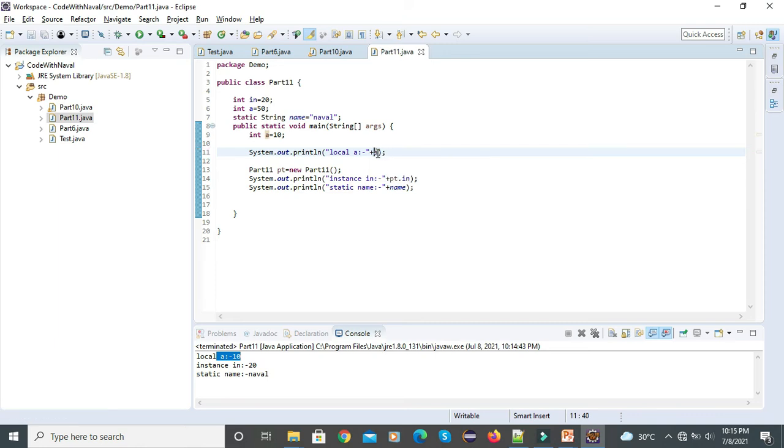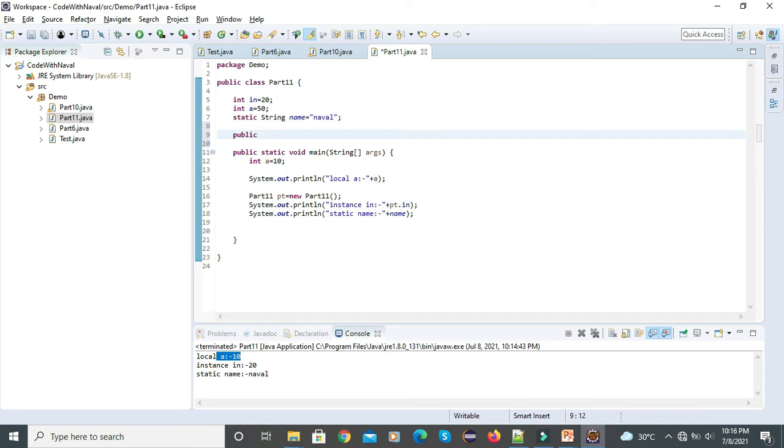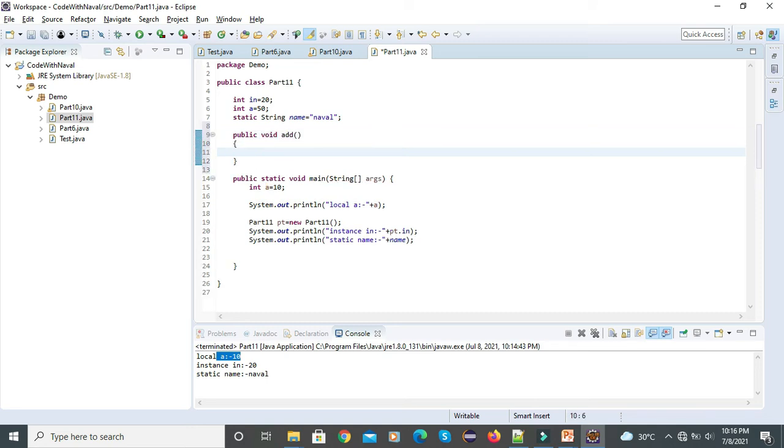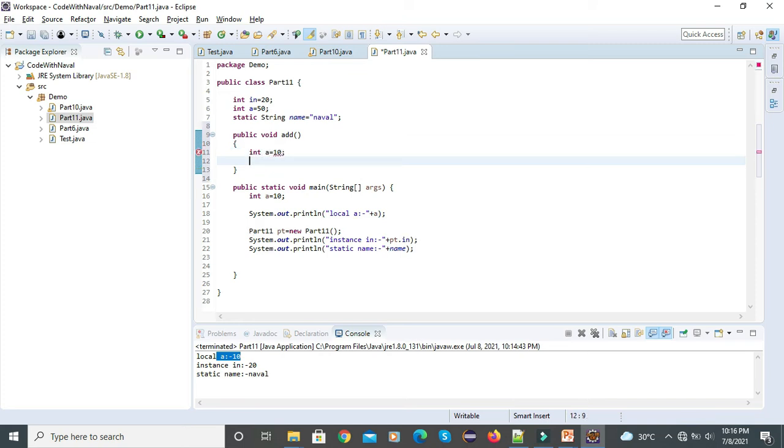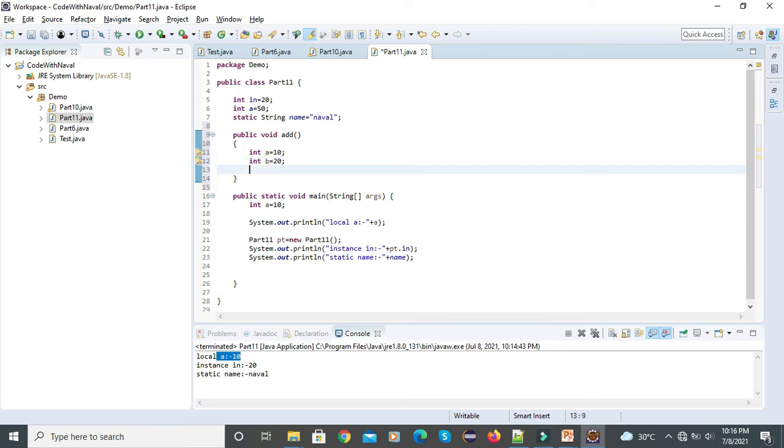Let's create one instance method. I'll simply create here public void add, and I'll define here int a equal to 10, int b equal to 20. Now print here sys out a plus b.